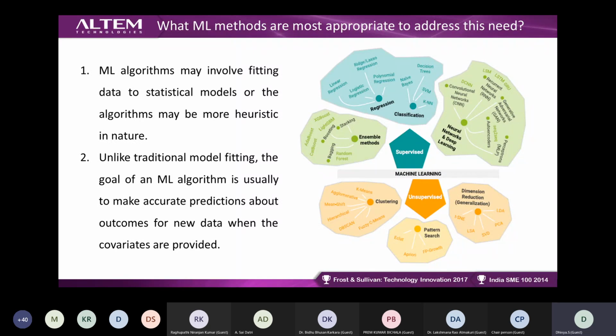X1, X2, maybe many things could be there. All put together, we have to bring it to our y value. That is our aim. So for that, under supervised learning, we have many algorithms, including, as I mentioned, regression itself. We have logistic regression, linear regression, polynomial regression, and when it comes to classification, we have support vector machines, as well as the KNN method, naive Bayes, decision trees, and XGBoost. Random forest methods are very good algorithms